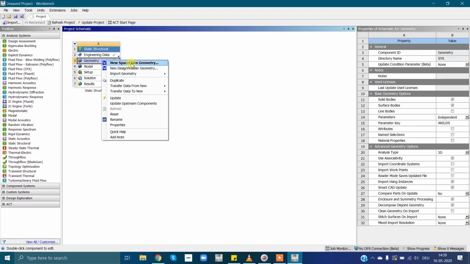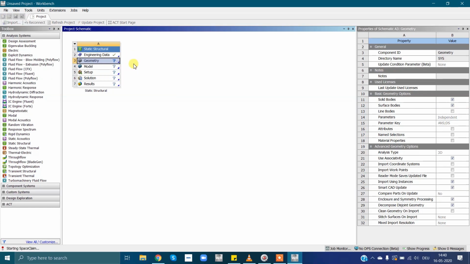and you can see there are three options. One is new SpaceClaim geometry, second one is Design Modeler, and third one is import geometry. In import geometry, you can simply import the existing geometry which you made in CATIA, Creo or any other software. Most of the time when you are working in industry, you simply import geometry which is already created in CATIA or any 3D CAD modeling software. Next one is Design Modeler. Back in the days, people were using Design Modeler. Nowadays, people are using SpaceClaim. So today we will learn this SpaceClaim. Simply click on that. Now it will take some time to open.